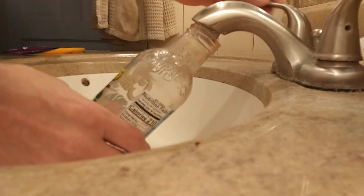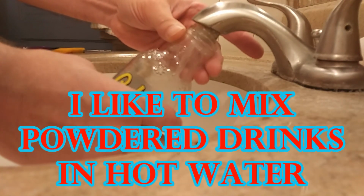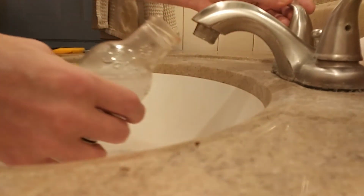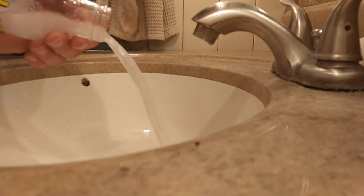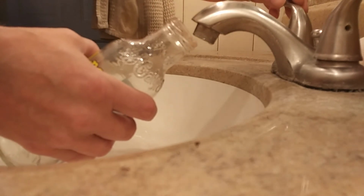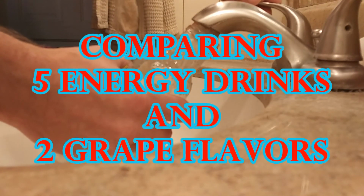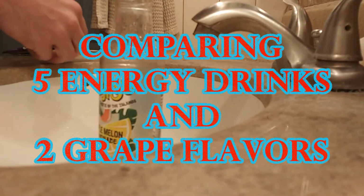Every one of these tests, I'm going to rinse out the bottle first and warm it up, because I like to have these beverages warm. With the winter coming, it's always nice to have a nice warm beverage, and these energy drinks are a great pick-me-up in the morning. I'm comparing not just as energy drinks, but as grape flavored drinks. And so what I'm going to do is, after I rinse the bottle, put a little bit to start, and